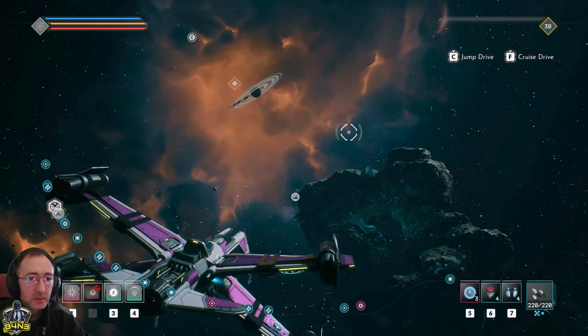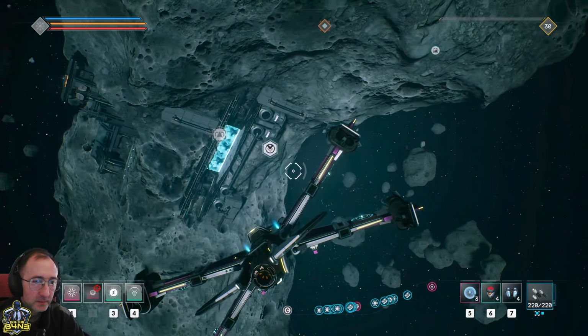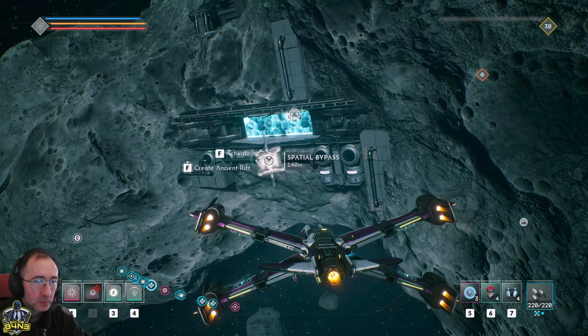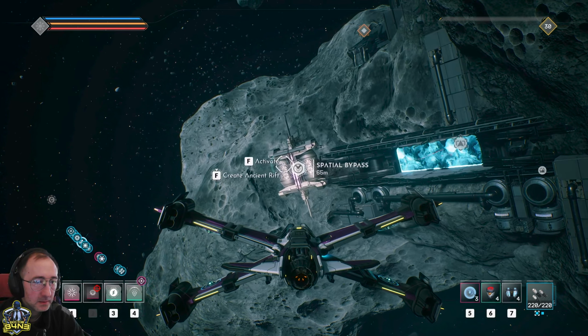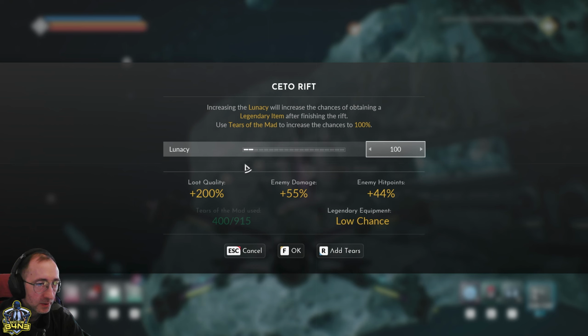After you finish that initial rift run as part of the quest, your spatial bypass will be able to open a rift run in Ancient Rift, and you can choose the lunacy difficulty. So with my Vindicator, gunship and some other ships, I can choose maybe 500, but for this test, with such a low attribute score,